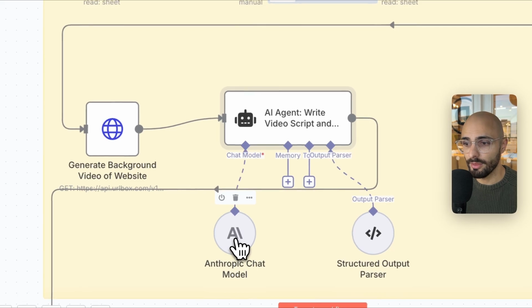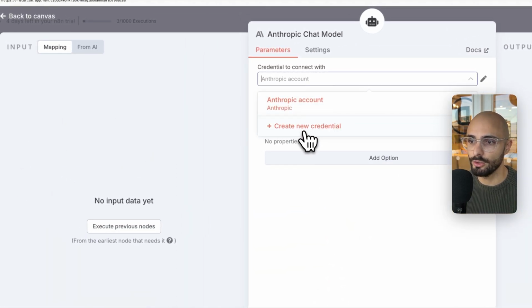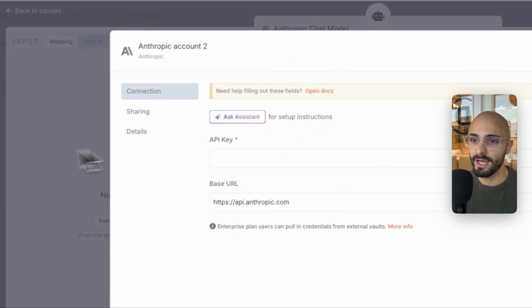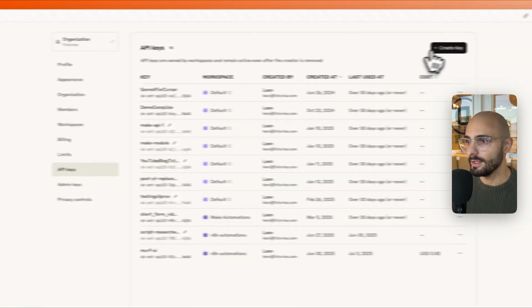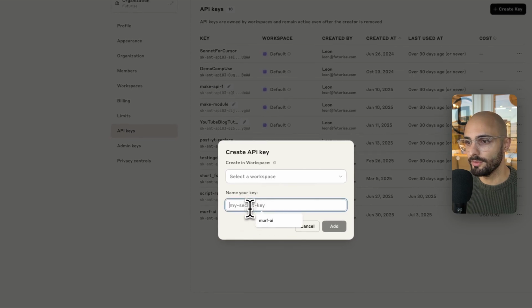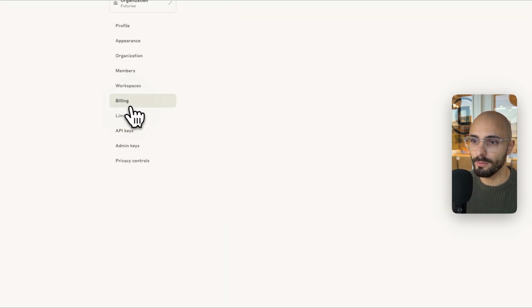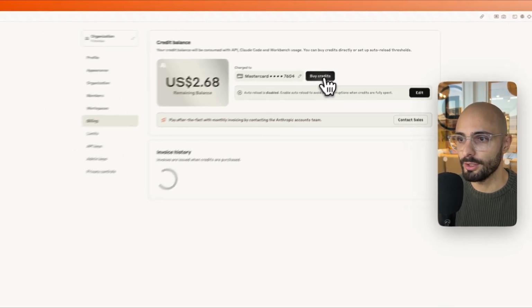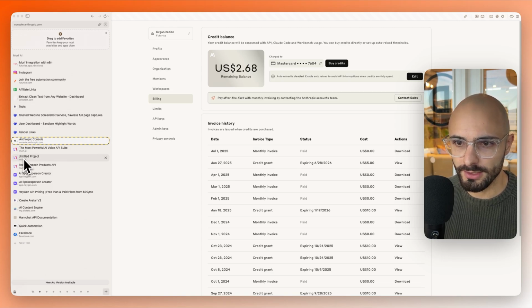So when setting up this Anthropic chat model, you want to click this drop down and click create new credential. And then you want to pass in your API key there. And you get that from console.anthropic.com/settings/keys. Then you want to go to API keys and then create a key here. Give it a name over there. Choose your workspace. You can just choose default. Click add, copy the key. You also might need to add some billing credits, so come here and buy some credits. I think $5 is the minimum over here. And then once you've got some credits loaded, your API key will be working and you can paste it in